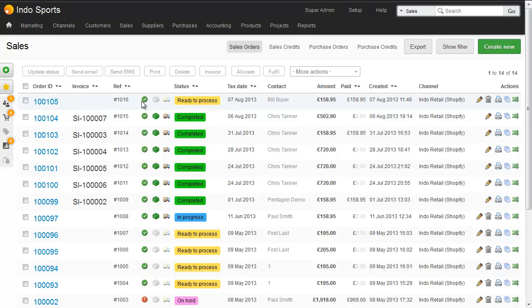We can also see that all inventory has been allocated to this order because we had the items in stock, and that means that other sales channels will be updated even though we haven't yet shipped this item, so we've reduced the stock quantities elsewhere. We can also see that the order has been paid, and that's because we paid for it by card on Shopify. Let's open up this order,